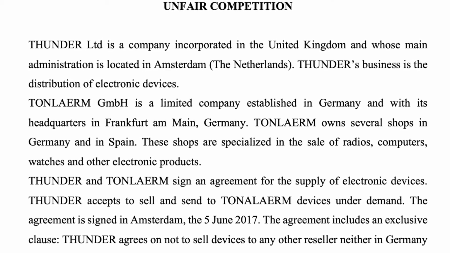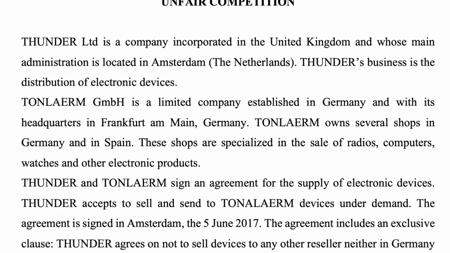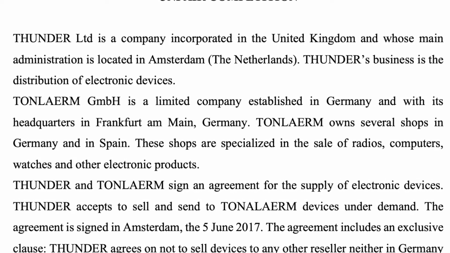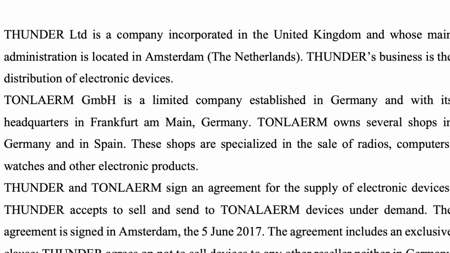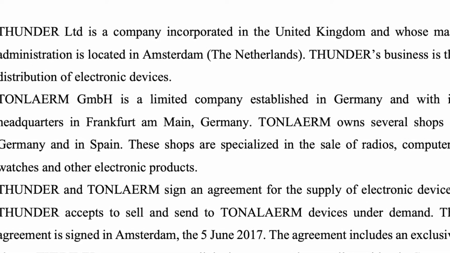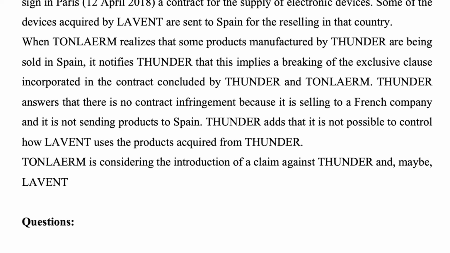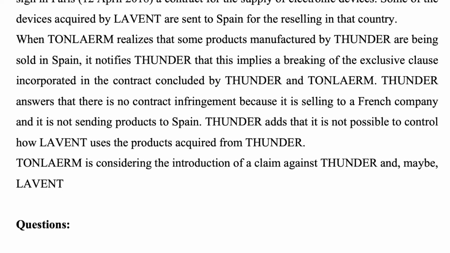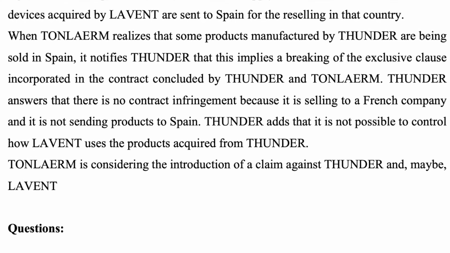So there is another point. The case wasn't very easy, because it's a case involving contractual and non-contractual liability. Some of you have explained that in a very correct way: there are aspects that should be considered from a contractual point of view, and aspects that should be considered from a torts point of view. That's important. We are not going to enter now in the contractual perspective, because we are going to see this